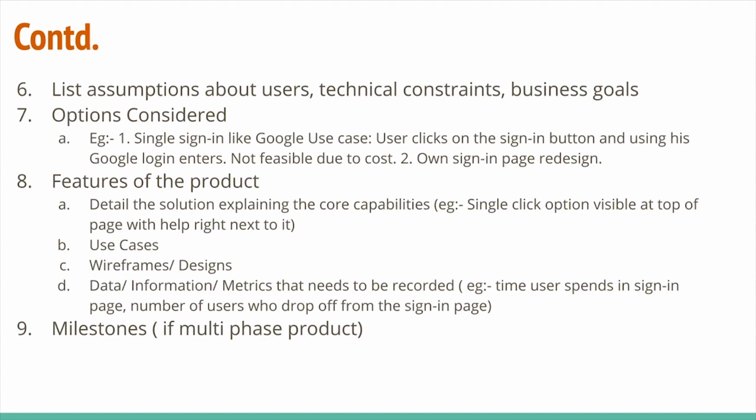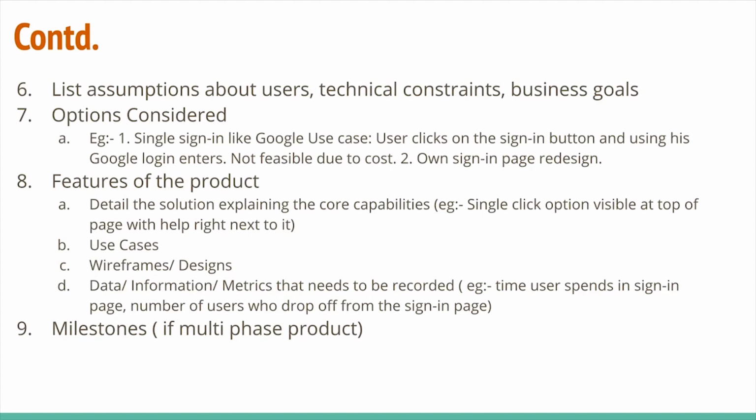So maybe in a table, we'll be pushing every time a user spends on the sign-in page, right? Maybe the timestamps, so that we know how much time it takes for him before he moves from the sign-in page to the next page. We can also record what percentage of users are actually going to the next page and who are dropping off. I may record all the raw data, at least here that's what I'm detailing, so that when I'm measuring it, I'll be able to measure the metrics that I want.